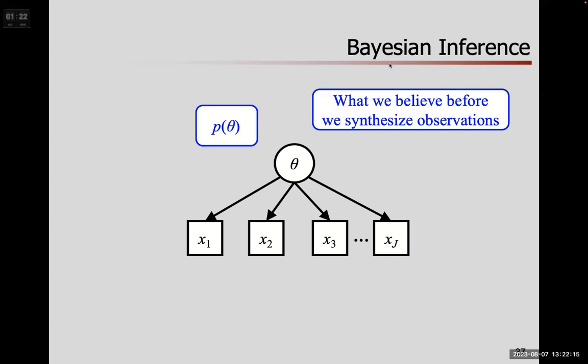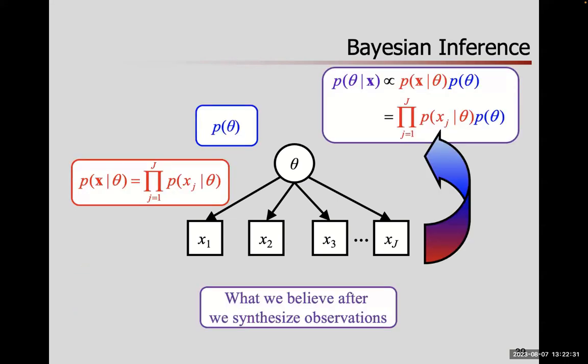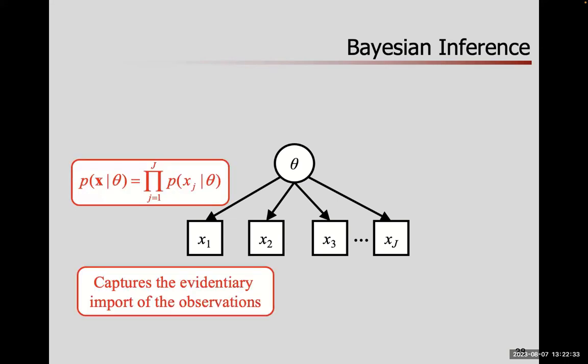There's our model. In blue, we've got a prior distribution for the unknown parameter theta, somebody's construct or proficiency or true score, however you want to think about it. That's what we think about before we observe the data. We have a prior distribution for that. And then we know we have observations that depend on that parameter. That's the x's depending on the parameter theta. And that captures the evidentiary thrust that we get from each of those observations. That's what a measurement model captures.